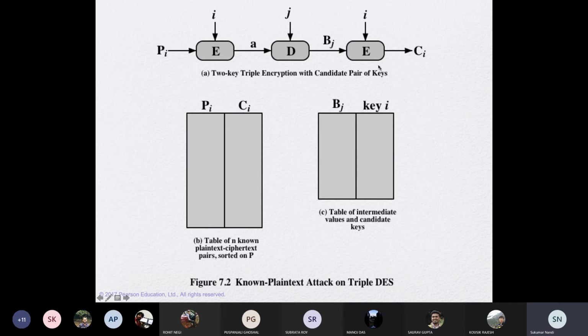So you can create a table in the last part or create a table in the first part. So it is not that easy to make again A to B_j that tabular. So what is found that in 3DES we got